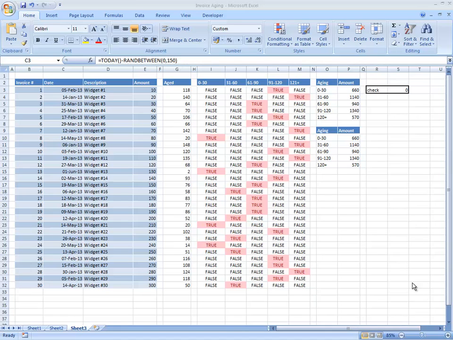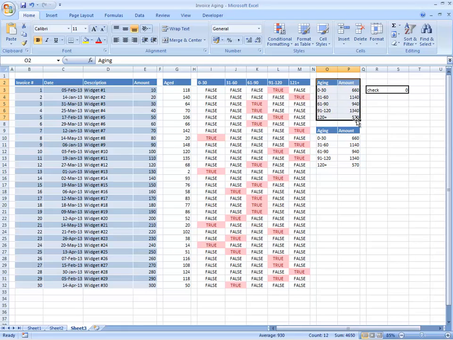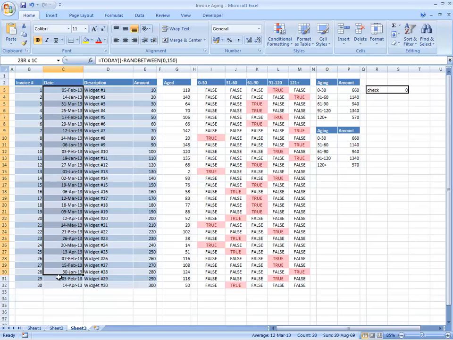This netcast deals with conditional formatting. So this extends our invoice age analysis example where we've got 30 invoices in this particular table here, and we'd previously created our invoice aging based on some SUMIFS and also based on some array formulas. What I want to do now is using this date to highlight,